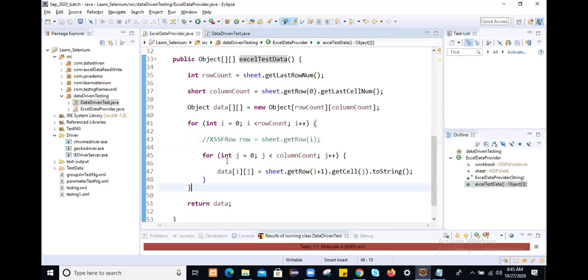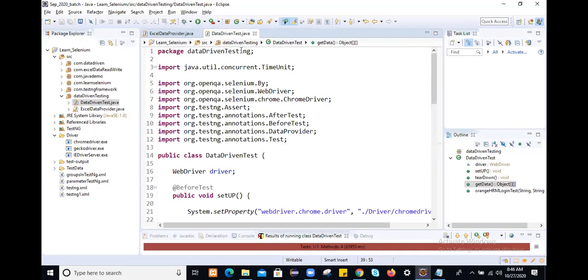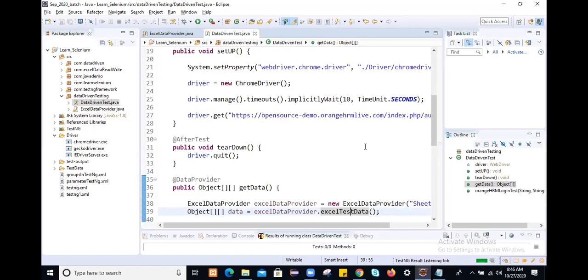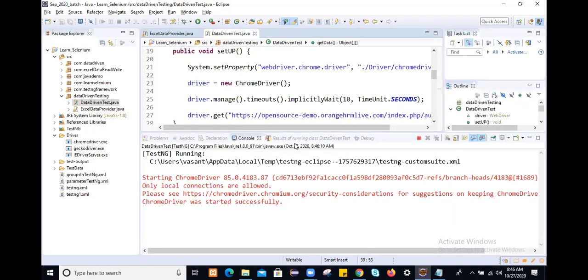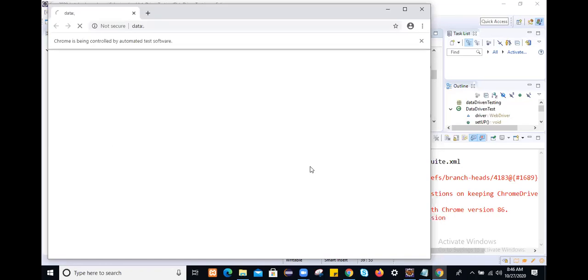But you see, we are getting the row and we are focusing on that. And for every set of data, it's running the test case. Our test case is running and it's passing that data. And why is it failing? For that, you can recognize the test data: what is the first set of data you are passing to your test, what is the second set, what is the third set. When you check the results in TestNG, you will get to know what test data you are passing and why your test case failed. So what is the test data you are retrieving from the Excel sheet?